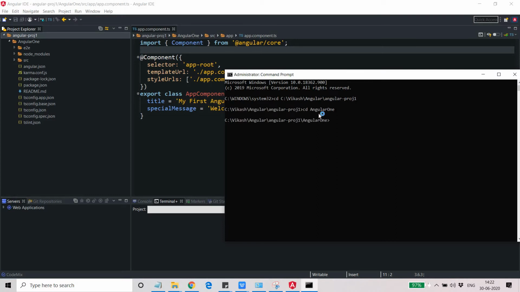This is the path where my project is; my Angular project is sitting here. So what I will do is ng serve. Remember, the command is ng serve. Just press enter, and you will see that it is compiling your Angular project.